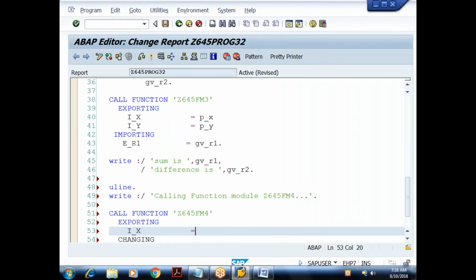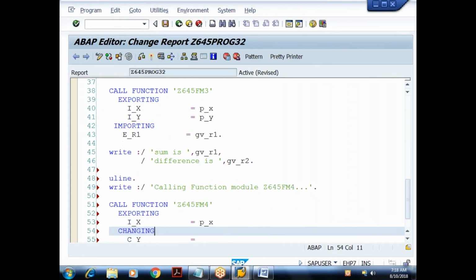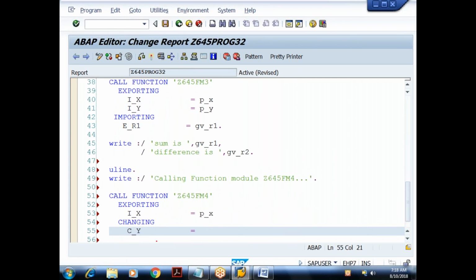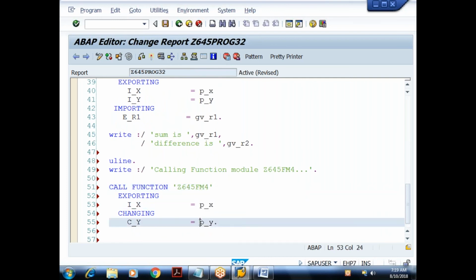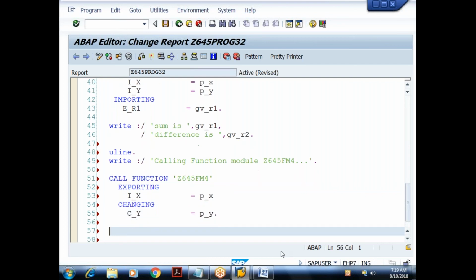Import has become export, so I'll say P_Y, and changing you can see remains as changing only. How do you read it now? We are calling the function module FM4 by exporting two parameters P_X and P_Y. It will perform the calculation and return the value, which you are importing in the same variable, P_Y.